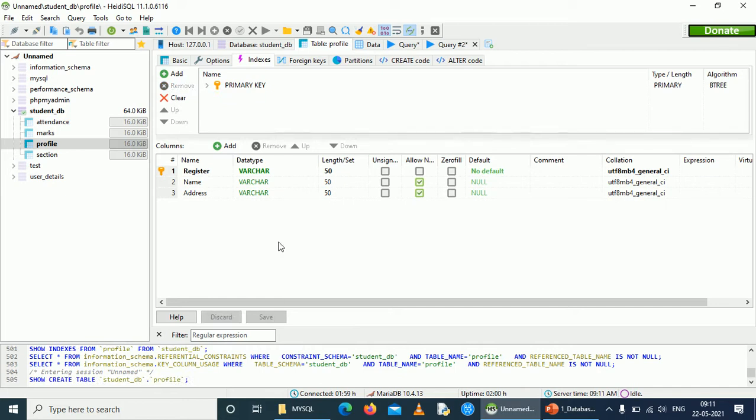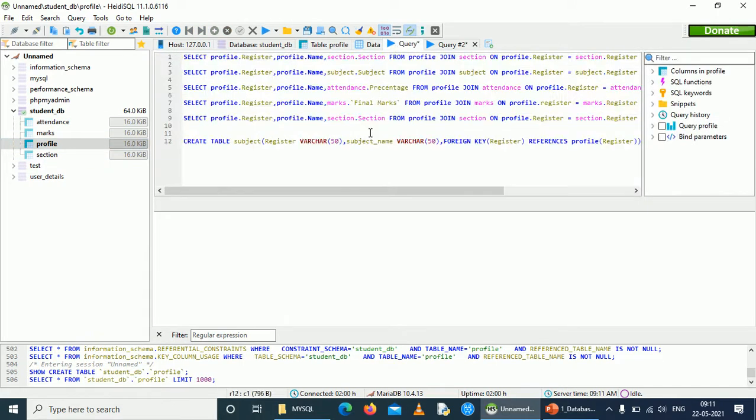So right now we have mentioned this register column from this profile section as primary key. So that means the profile table will have register number as unique ID, which means a student will have one register number and a student will have only one row in this table. Now we can easily set foreign key here.